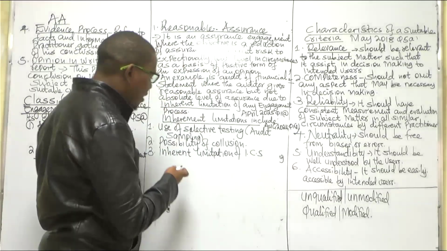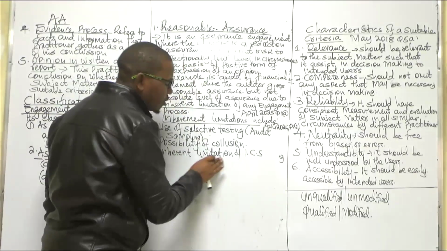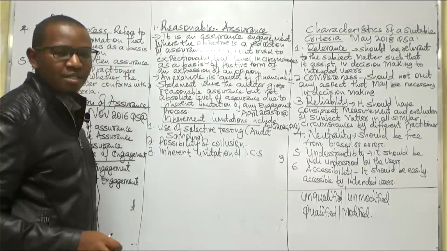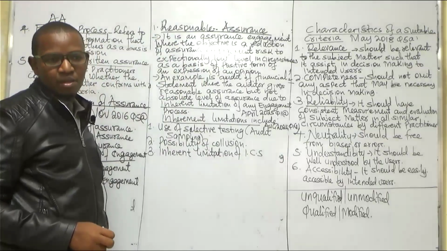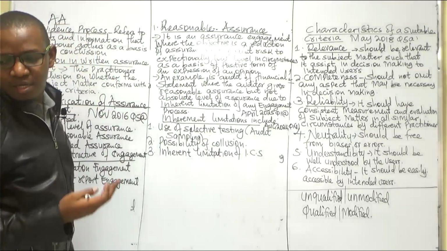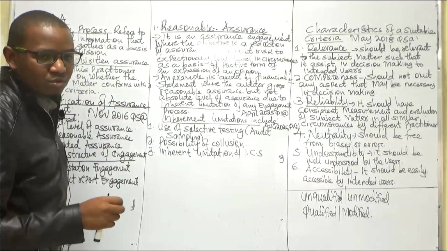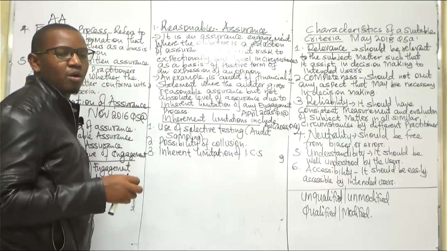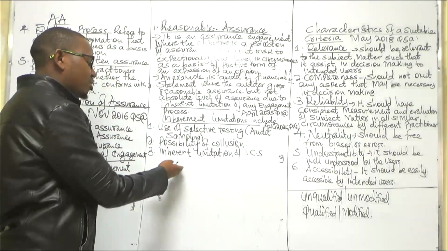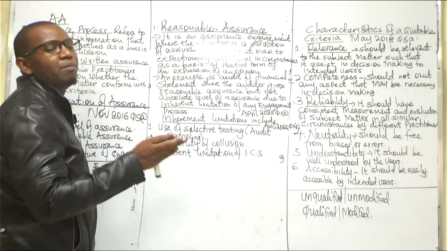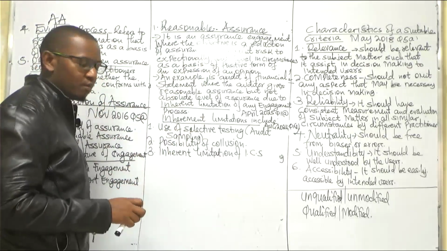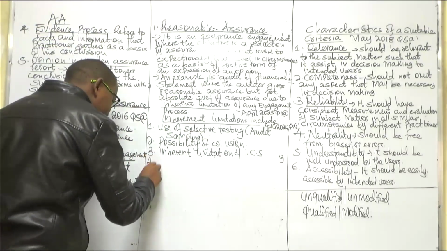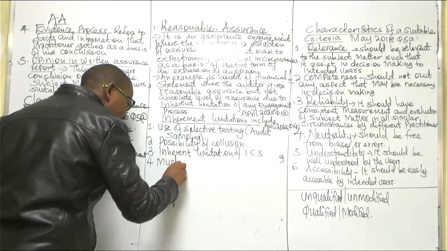So in this case, if the internal control systems of that organization are very weak, it means there are some areas that the auditor will not be able to identify. As a result, his opinion will be based on what he has been able to do. Number 4 is that much of the evidence available